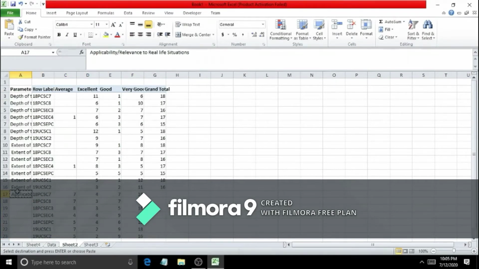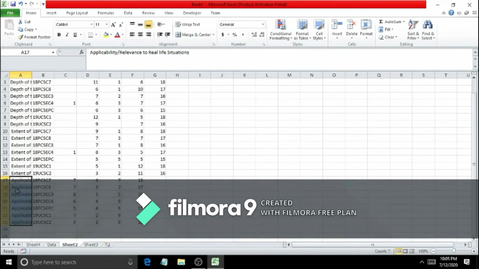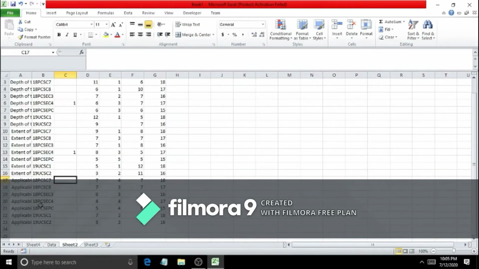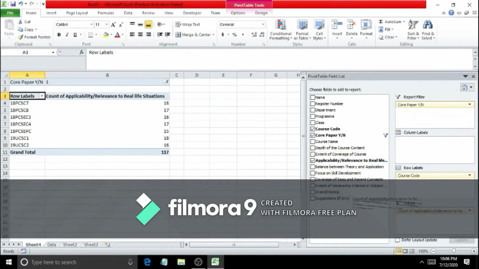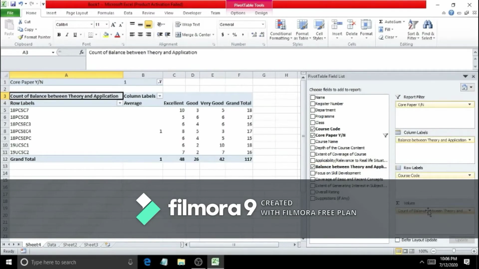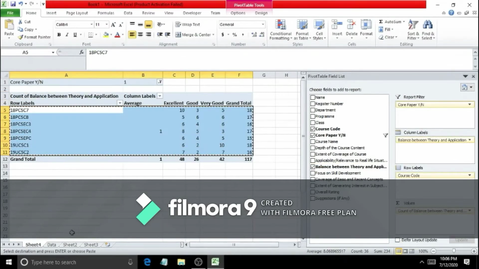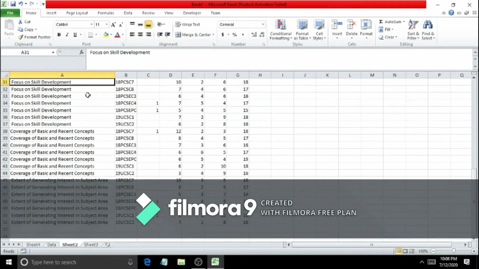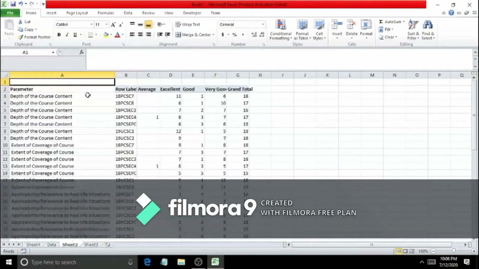After replacing the title, check, this is the junk data. So you should do this carefully, because here one column, the average column, is not coming in this pivot table, and here also it is not coming. Okay, then go to sheet number 4 and rearrange the parameter value in the field list. You get the new table, and paste and update all the parameter values in a single sheet.